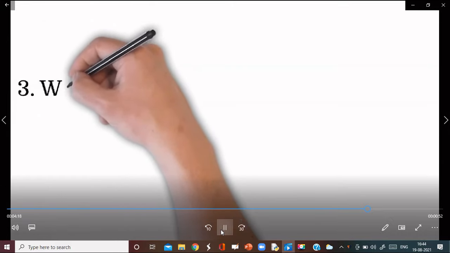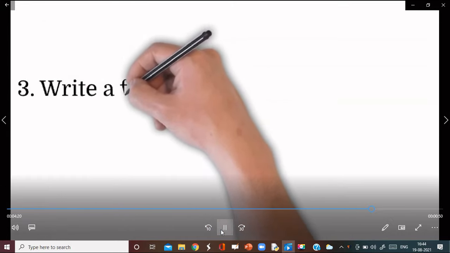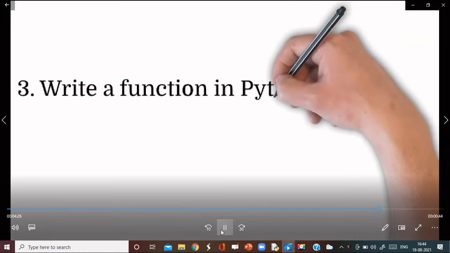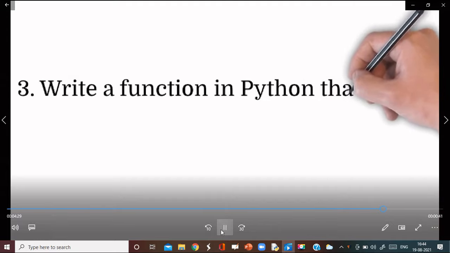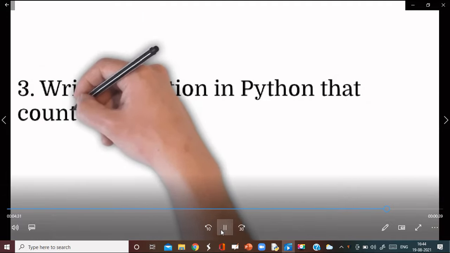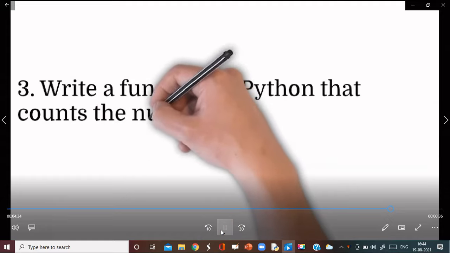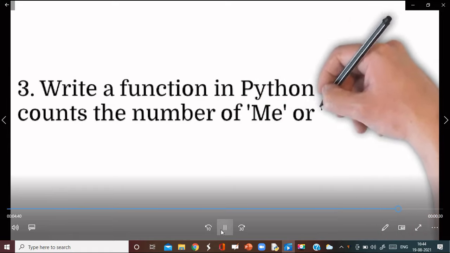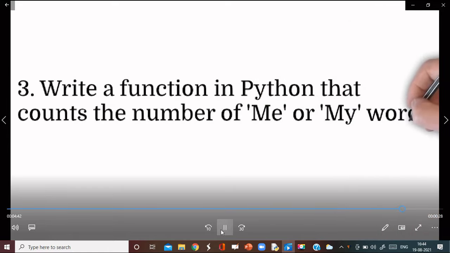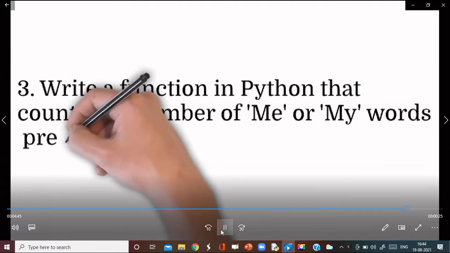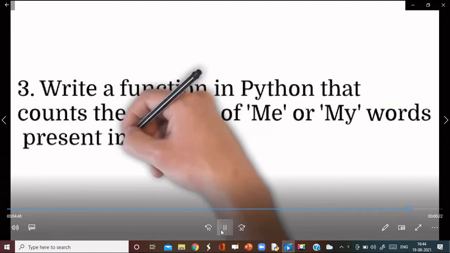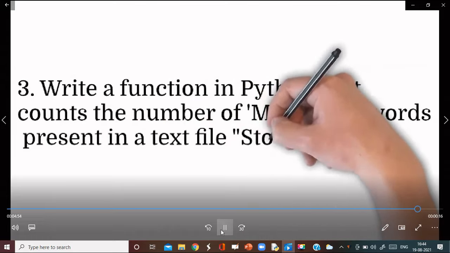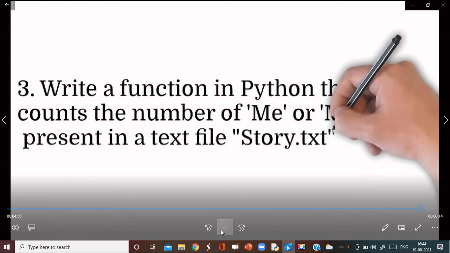The second program is to write a function in Python that reads and counts the number of "me" and "my" words in that file. The text file name is story.txt.